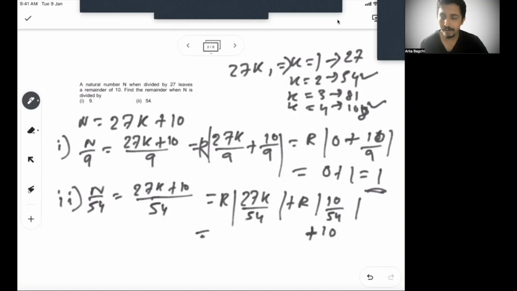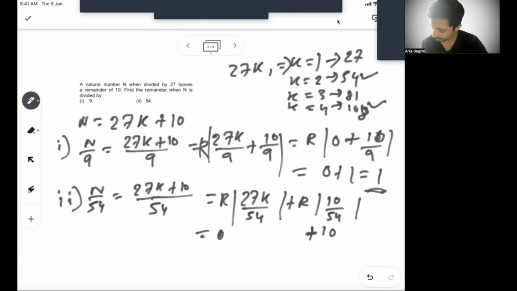But for the odd values of k, it will have a remainder of 27, because 27 into 1 is 27. When divided by 54, the remainder is 27. 27 into 3 is 81. Again, 27 is the remainder when 81 is divided by 54. So it will have